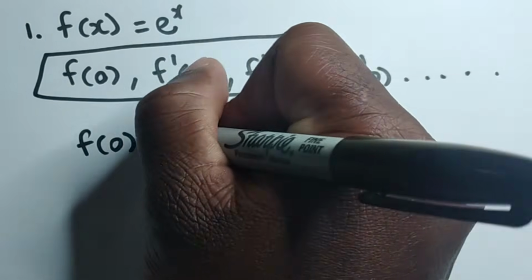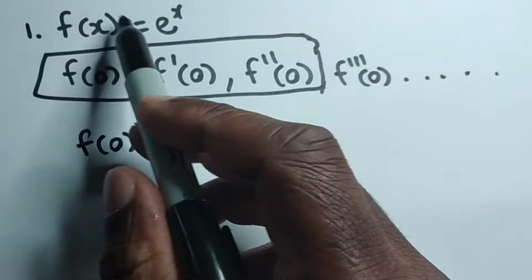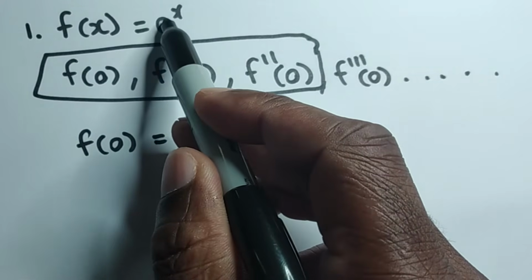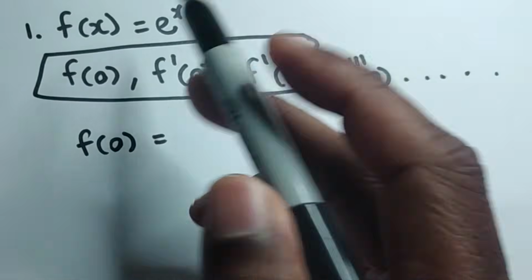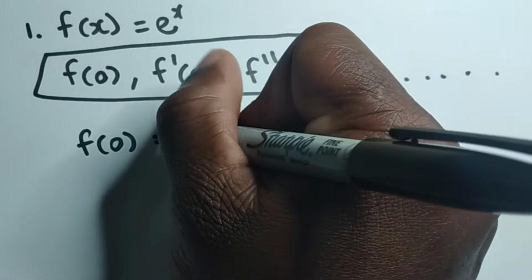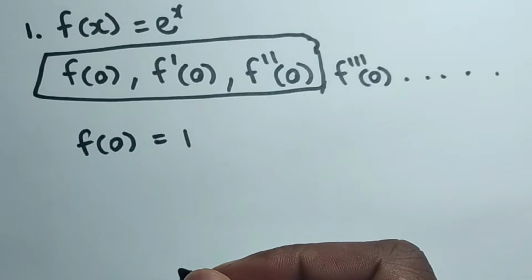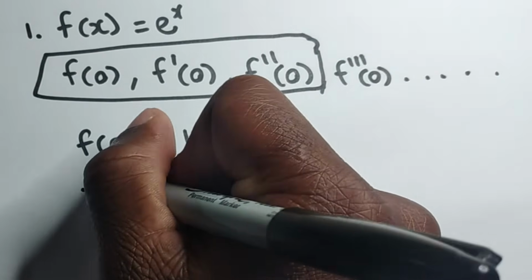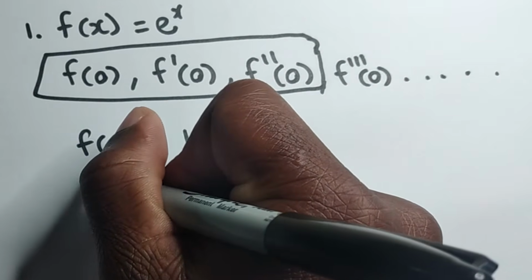Alright, so what is f of 0? F of 0, what would you get if you replace x with 0? Alright, we'll obtain e to the power of 0. Anything raised to the power of 0 is 1. Alright, now the second thing that we want to find is what? What do you get if you substitute